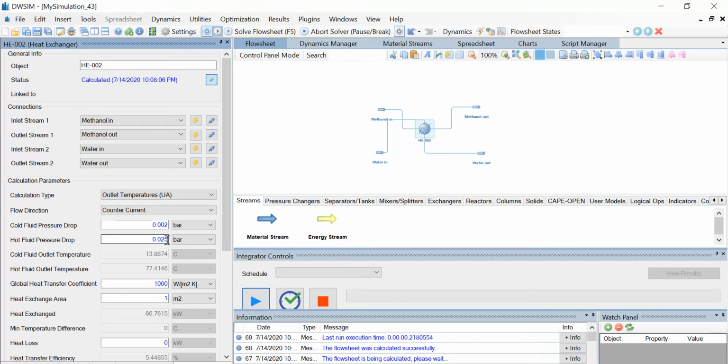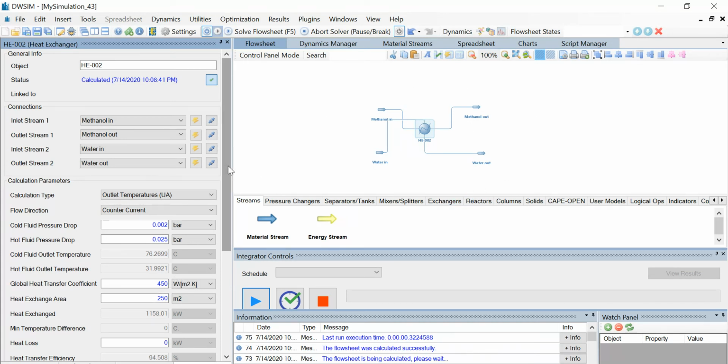Now change the global heat transfer coefficient to 450 watt per meter square Kelvin. Similarly, the heat exchanger area is 250 meters square. Once you click on Enter, you can see that the flow sheet is successfully run.